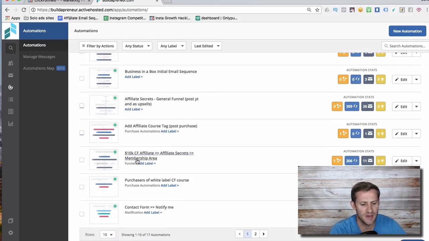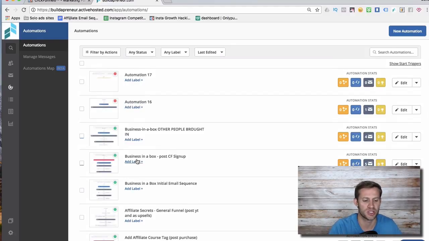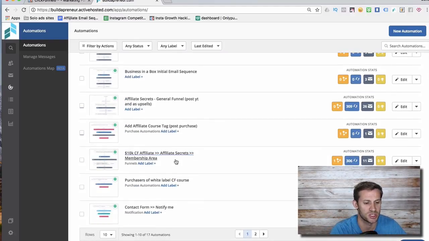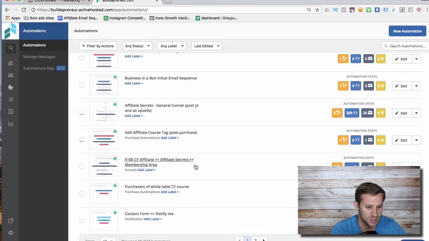So you can see in mine I've got all kinds of automations, but email automation is so important. I just want to show you an automation and show you how powerful it is. I'm trying to think of what's my favorite automation in here. Yeah, I have favorite automations. Okay, let's click into this one.